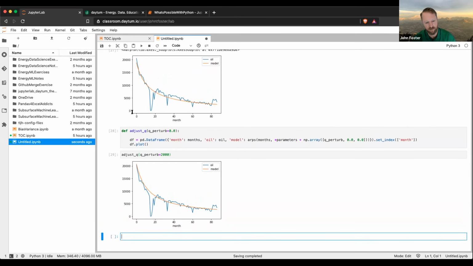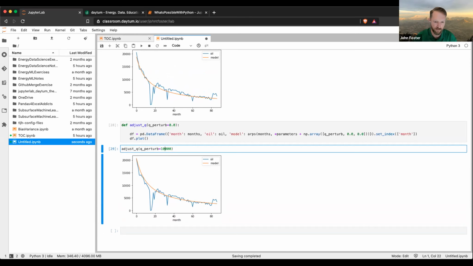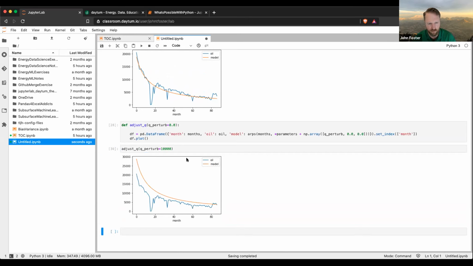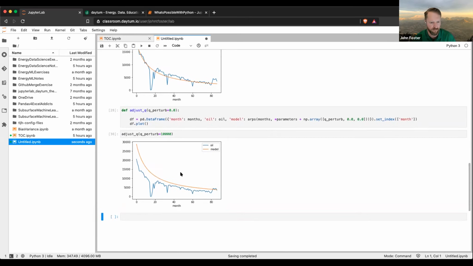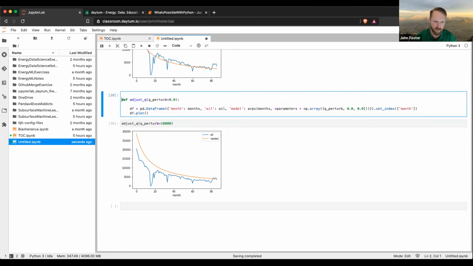And you can see that it's a little bit different, right? My curve has moved a little bit. And so you could go on doing this if you want. You could add 10,000, and you could go on adjusting it till you get a better fit. But the nice thing about this Python ecosystem in these Jupyter notebooks is that I can use a really simple